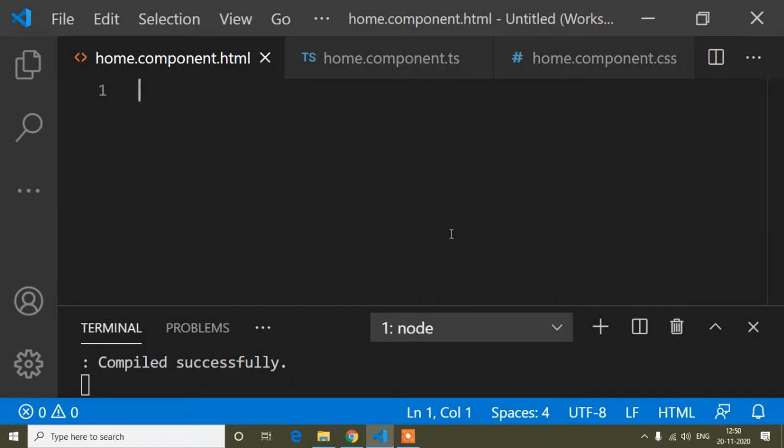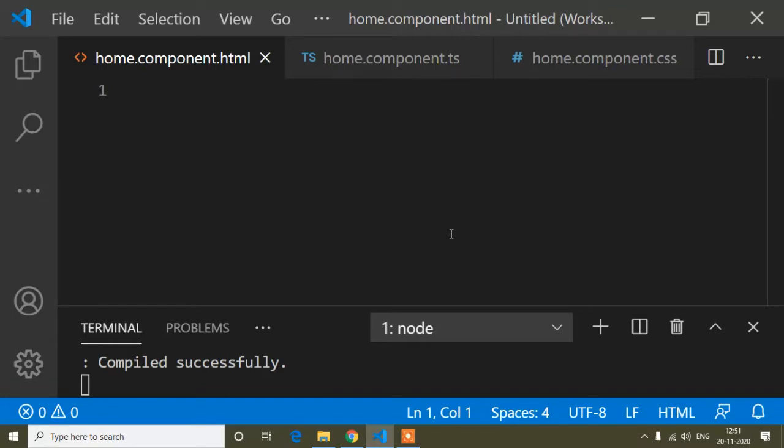And the other thing is, guys, if you know about the Input and Output decorators, using Input and Output decorators we can access the parent and child component. You can do the same thing using ViewChild, but we mainly use ViewChild to manipulate our DOM properties, and in this tutorial I will discuss how you can manipulate DOM properties using ViewChild.